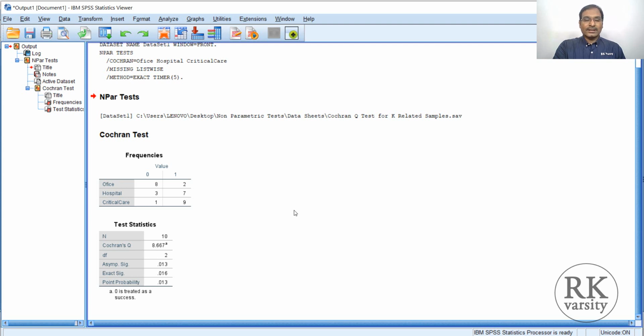So as you are rejecting the null hypothesis, you need to perform a pairwise McNemar test to know which two groups are different. Cochran's Q test is an omnibus test, which simply indicates there is a significant difference in the population proportions of the 3 groups. However, it will not tell you which 2 groups are different. So to know which 2 groups are different, you need to run McNemar's paired sample test. That's what we call a follow-up test.